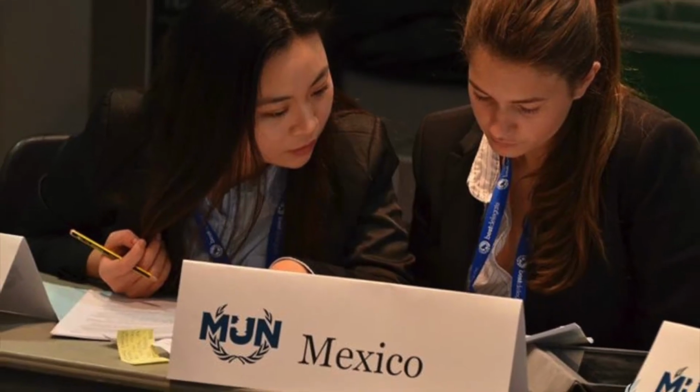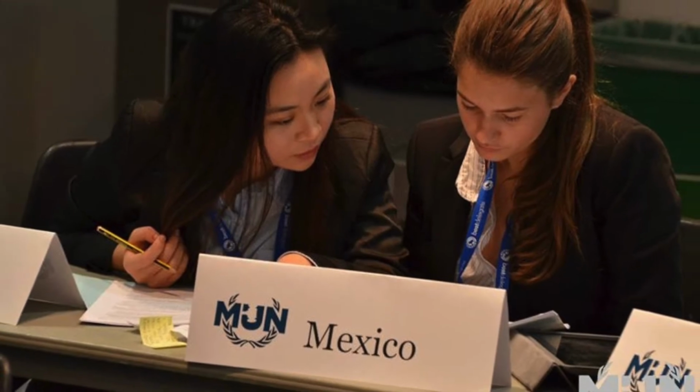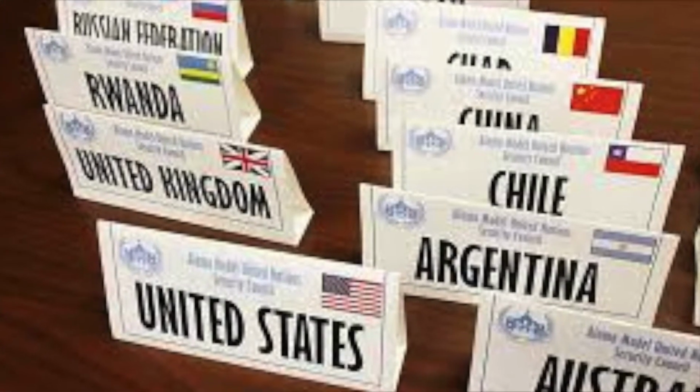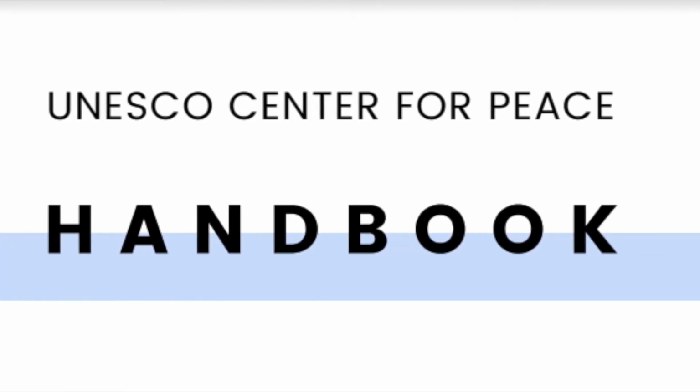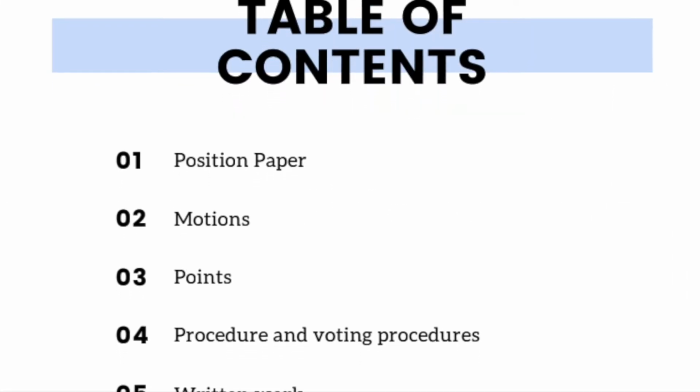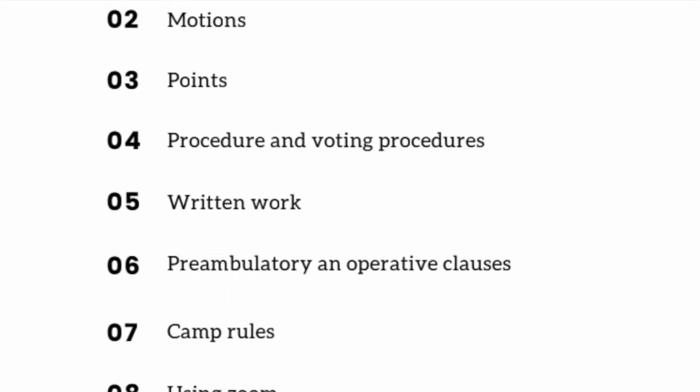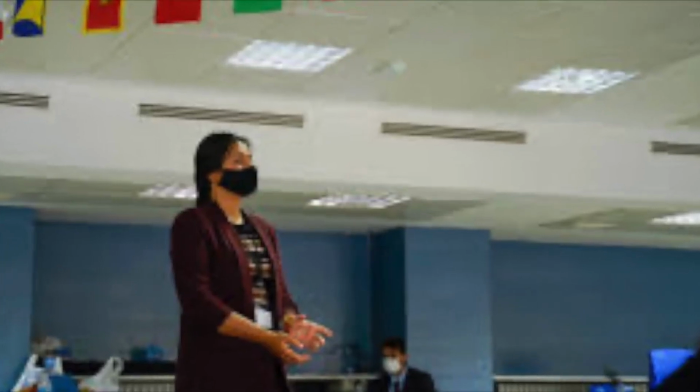Once you're signed up for a conference, you will receive your country assignment, your committee, and its topics. Most conferences provide a background guide or a topic synopsis that introduces the topics. You must read that first. There are typically 3 items to prepare before you walk into your first conference: the position paper, your opening speech, and research binder. Let's talk about position papers.